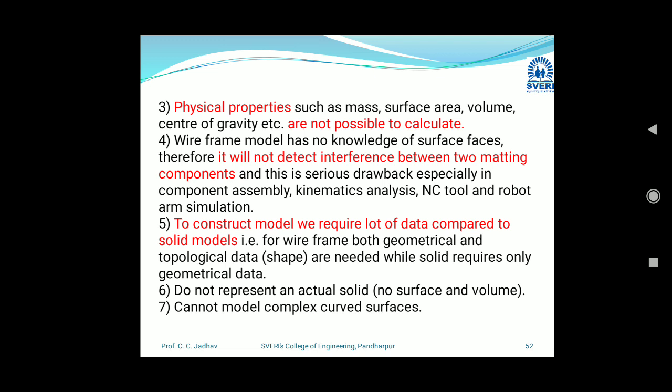So as compared to solid modeling, this is difficult to create. It does not represent an actual solid, no surface, no volume. In wireframe modeling we are representing only lines and curves. It cannot model complex curved surfaces. By using wireframe modeling we are unable to create complex curved surfaces. So these are some limitations of wireframe modeling.